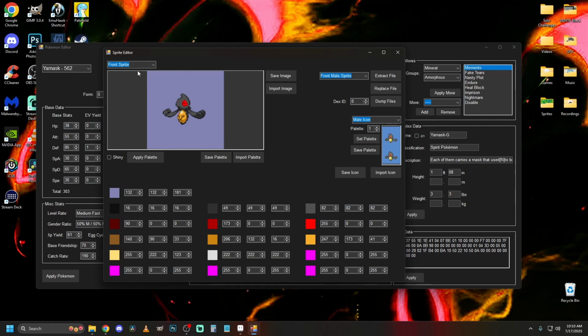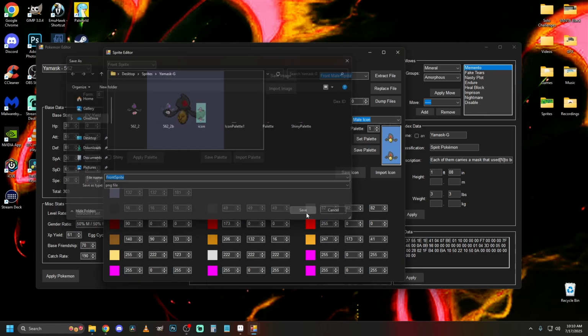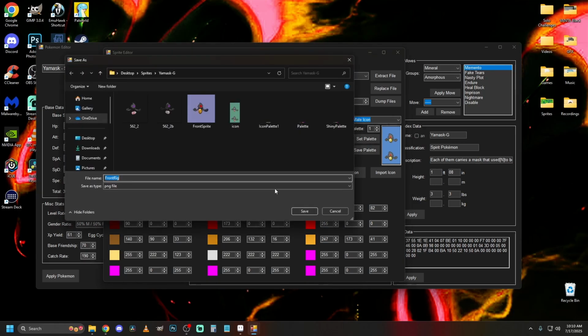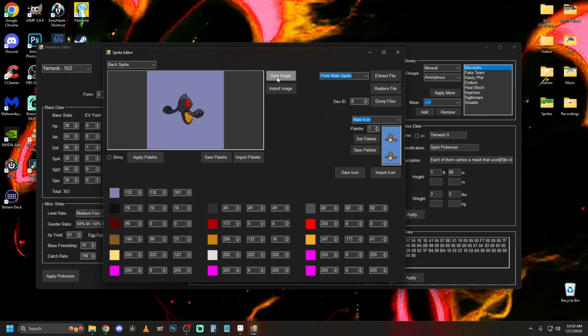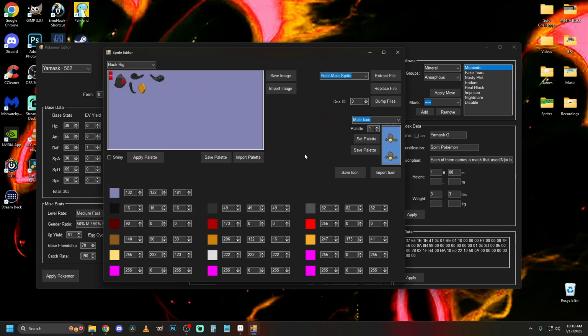That's pretty good. And we can go through and we can see all the back sprites, the back rig, and stuff like that. All these little pieces are how the thing is animated and stuff. So that's pretty cool. So I am actually going to go through and I'm going to save that. I'm going to just save each one of these just so I have them as backups. Why not? And then save. And now we are ready to start going through and